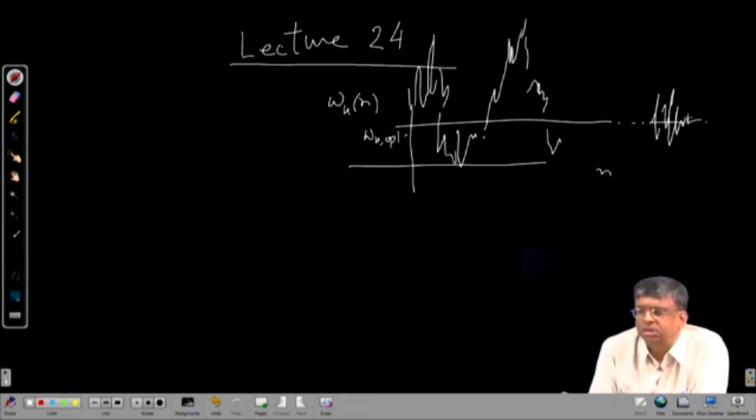So, we get convergence only in that sense. Then one can ask how good it is, because if it still fluctuates over a wide range, then at any iteration I may get a value quite different from w_k opt. How to control the range? How to make sure that the range is small?